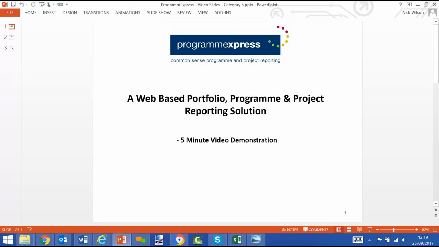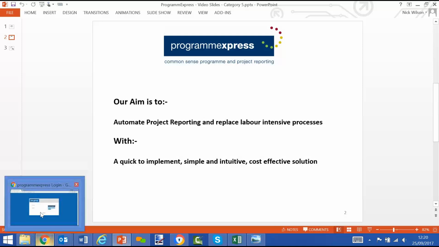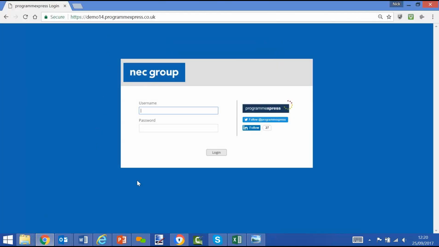This is a very short demo about ProgrammExpress, a web-based portfolio program and project reporting solution, where our aim is to automate project reporting and replace any labor-intensive processes with a quick-to-implement, simple and intuitive, cost-effective solution. So if we log on to ProgrammExpress, we'll see that we've already set up corporate color palettes and logos for